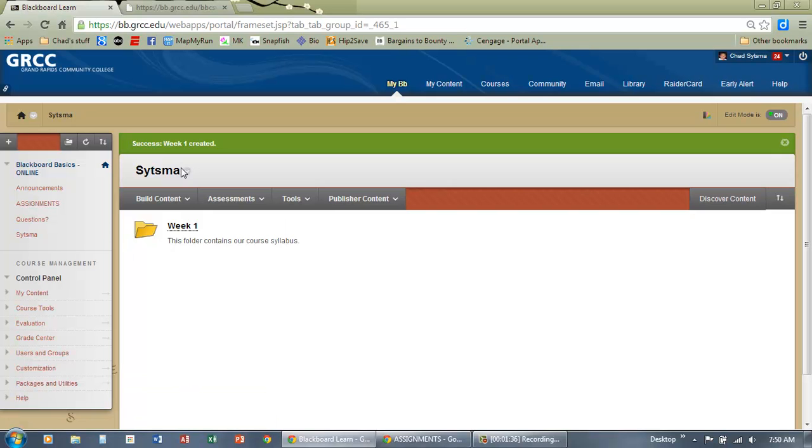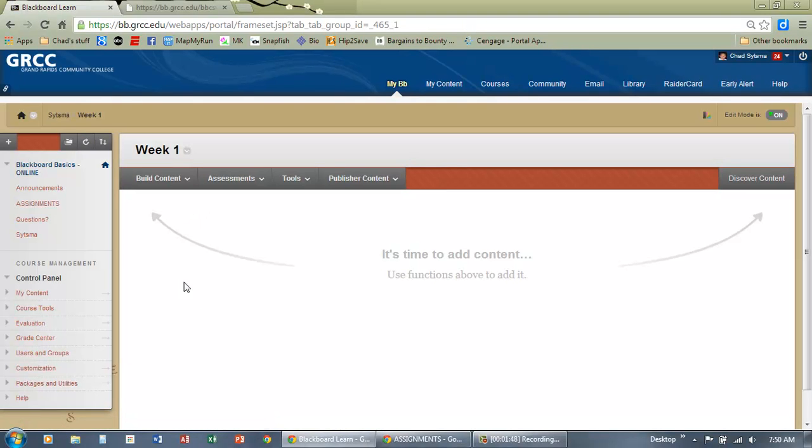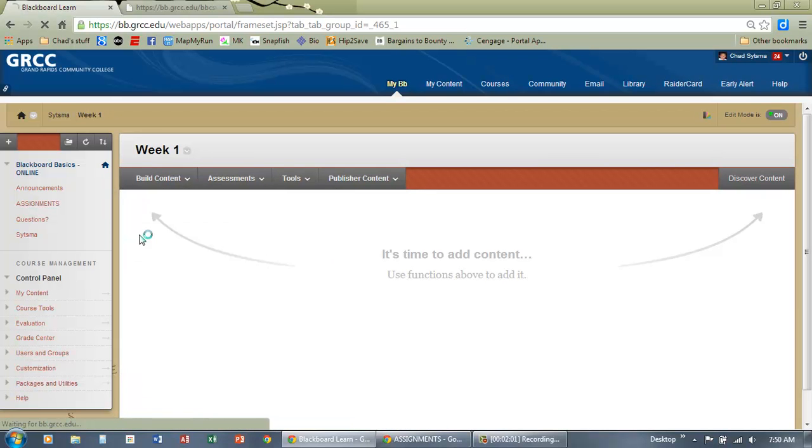Inside of your content area now, you will see a folder along with a description of what that folder is for. To access that folder, simply click the title, the name of that folder, and this content area inside of the folder opens up. Under the Build Content area, you have two options for adding files. The first one is to simply click File,